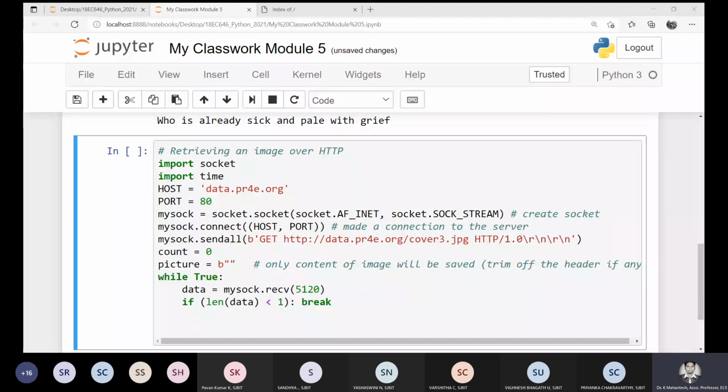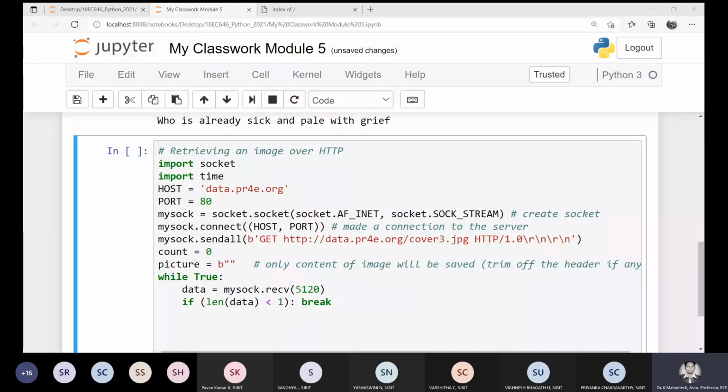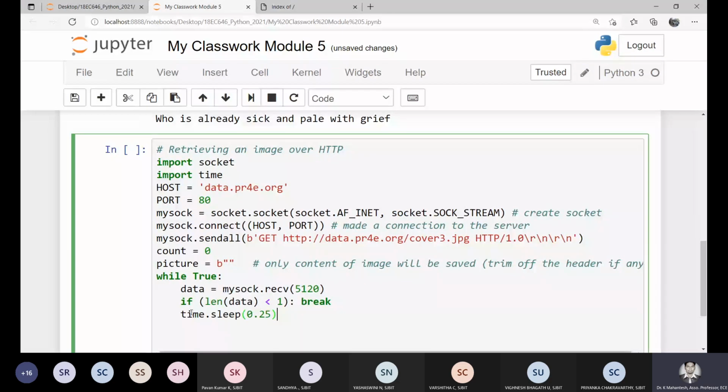Then I will introduce a delay here. I have imported time here, right? So I will introduce a delay. Why? Because sometimes your program might take some amount of time to process the information. By that time, the server will go ahead. So I am trying to delay my program itself in order to make sure